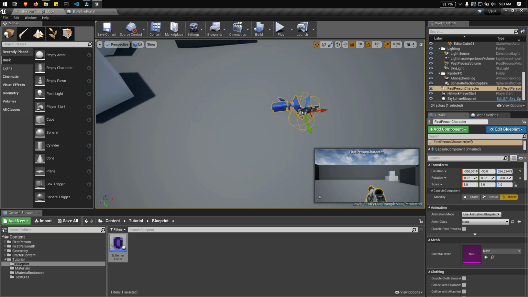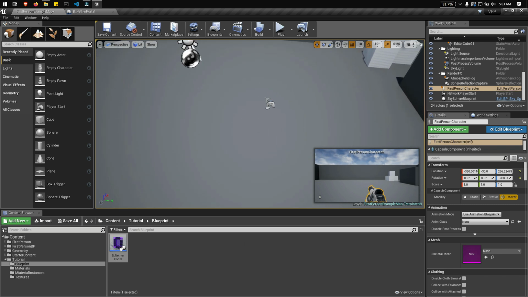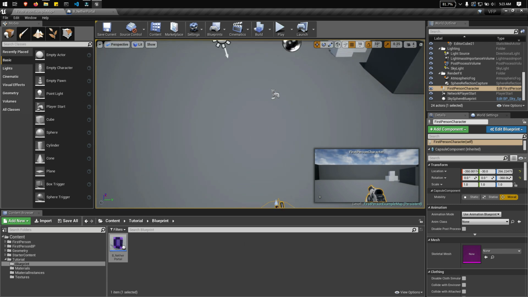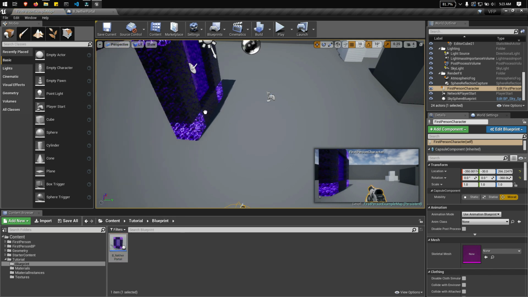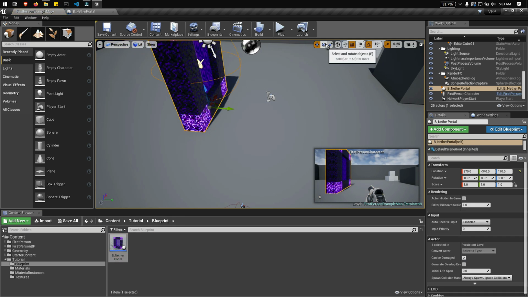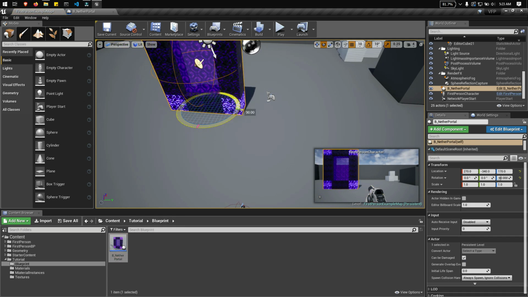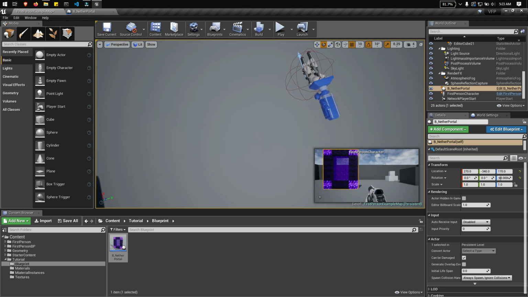Then let's drag and drop our Nether portal in front. So this is our Nether portal.